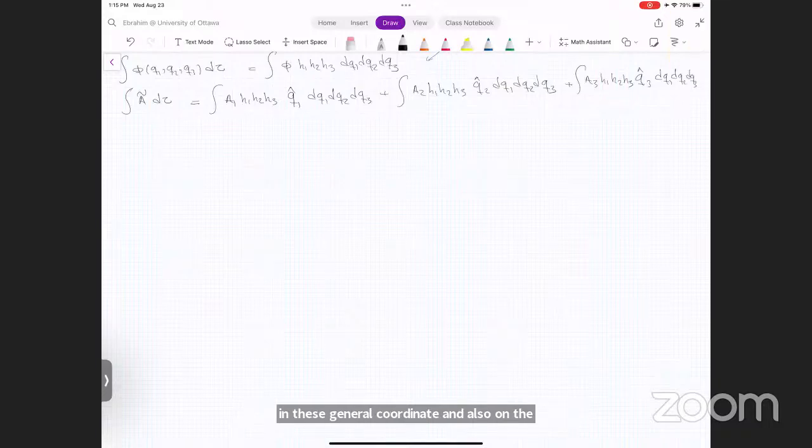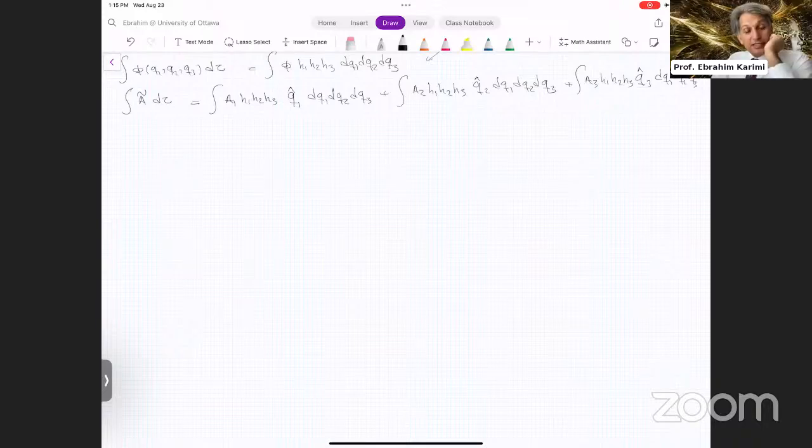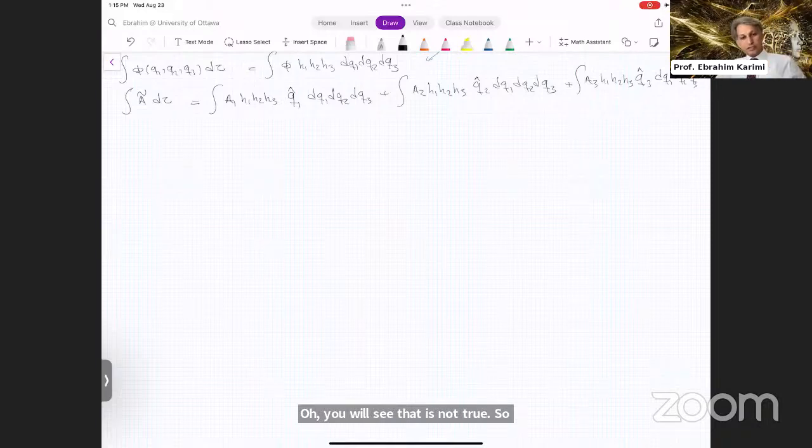Professor, sorry, there are two questions, if I may. Sure. The first question is from Amir Hussein. He says, doesn't the orthogonality condition mean that Q1 and Q2 and so on are independent? Then how does Q1 depend on Q2 or Q3? Oh, you will see that that is not true, Amir Hussein. Of course they are independent. We say that Q1, Q2, and Q3 are independent